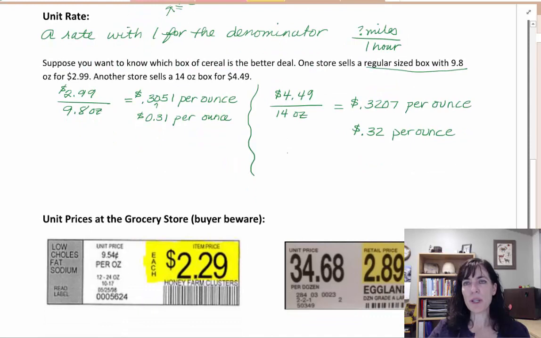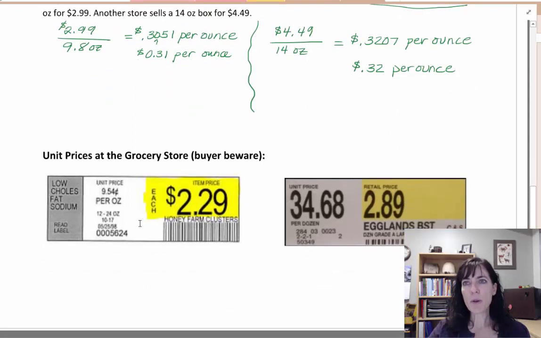Okay, so those are using unit rates to figure out what is the best price for an item in the grocery store. But you can also go to the grocery store and see these types of stickers right on the shelf, and they tell you generally a unit price. Like right here, it's saying unit price, 9.54 cents per ounce. And then it says the item is a honey farm cluster, and then it says that they cost